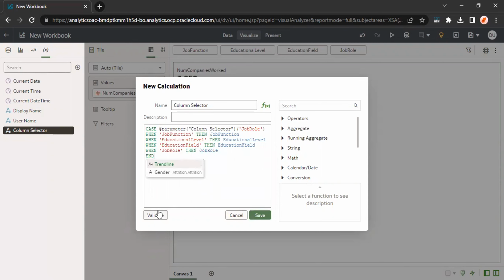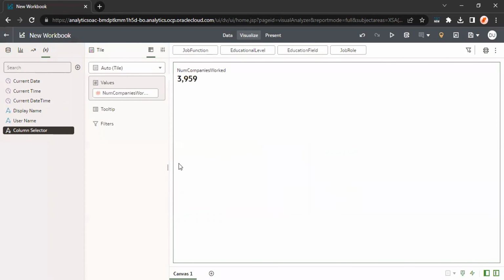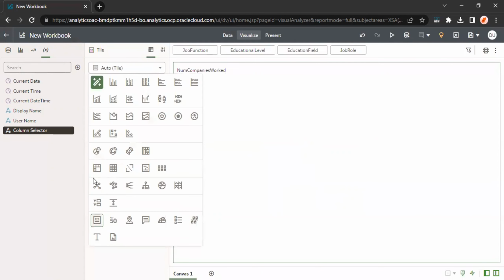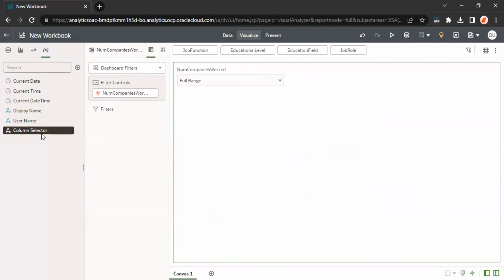And I'm ending the case statement. I'll validate this. This is validated correctly. I'll save it. Now I need to start building the visualization that will use the column selector. So the first thing I have to do is take this dashboard filter, and I have to pass this